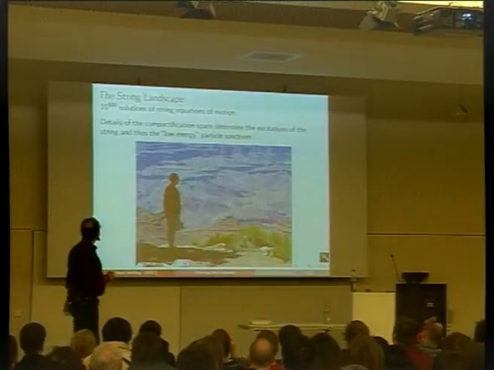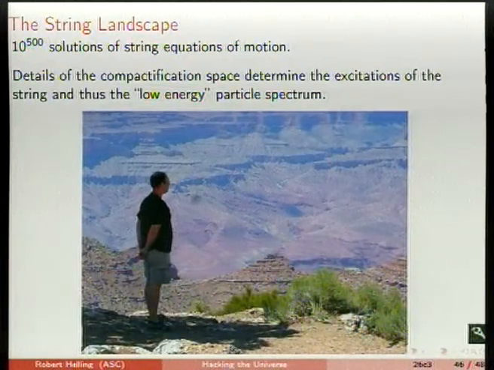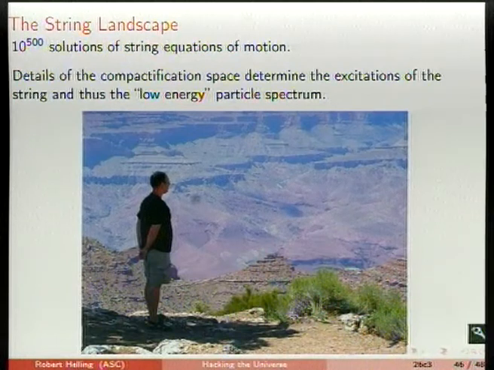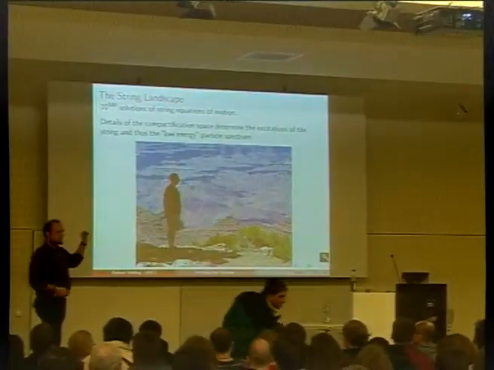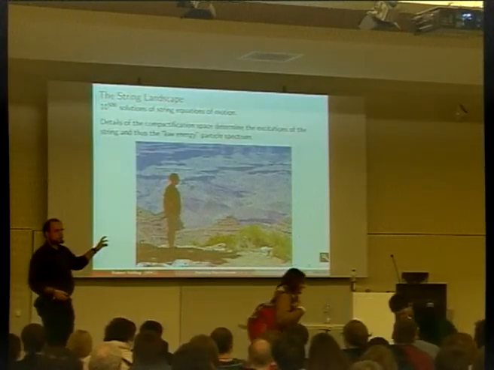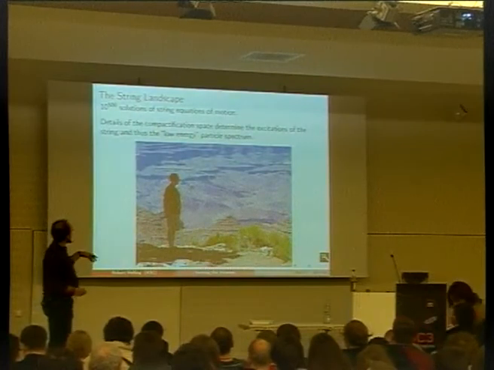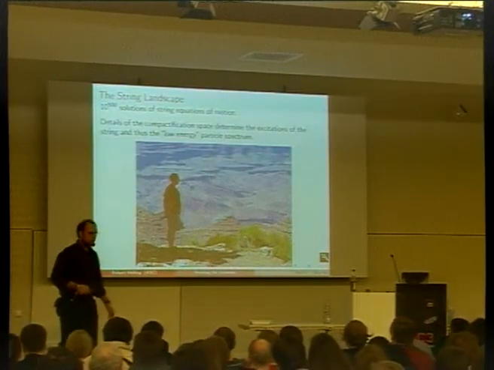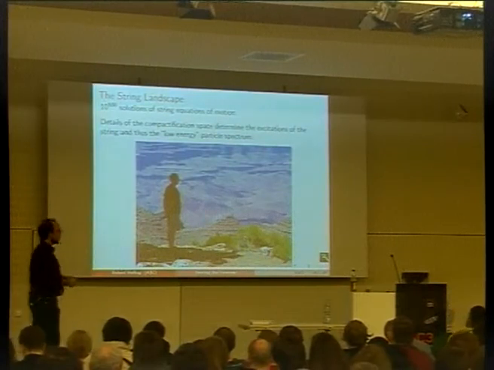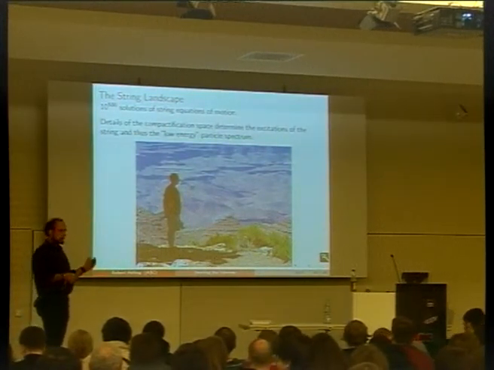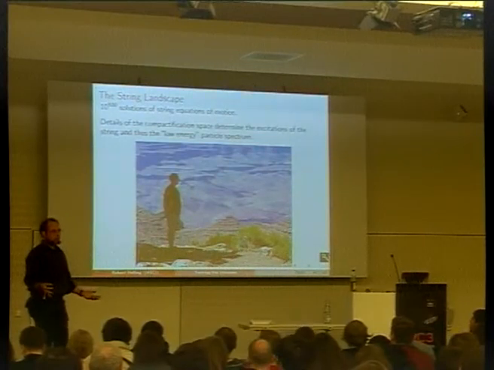And the problem is, I can talk about this, but there's not a unique way to do this compactification. There are roughly 10 to the 500 ways to do this. And unfortunately, our particle physics, the types of particles, I've shown you the types of particles we see. The exact details of these particles are determined by the choice nature made for this six-dimensional space. And since there are many possible choices, even though the string theory by itself is unique, the way the compactification is not.